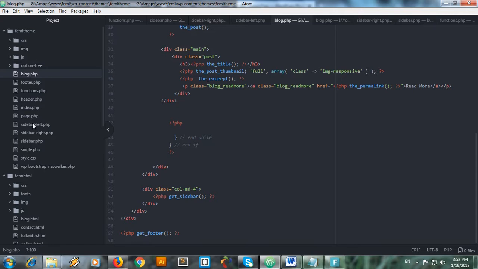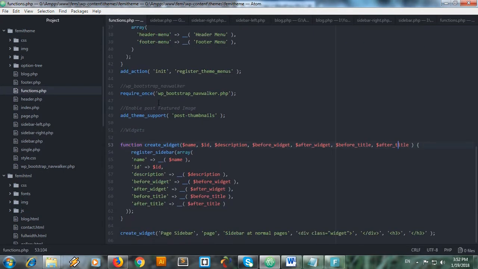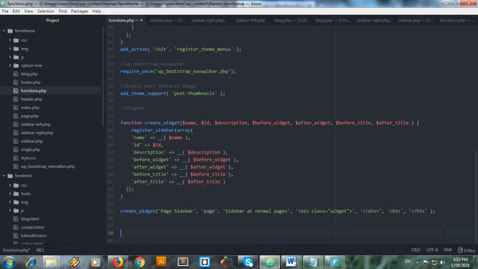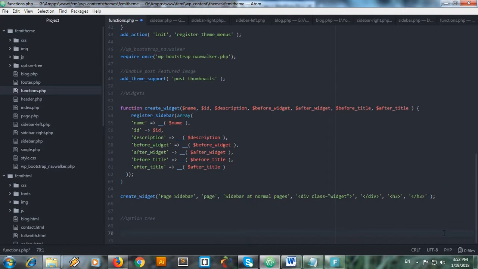This is our theme. Just open our functions.php file. We will add it here, after this code. I'm just commenting what it is: option tree. Paste that code